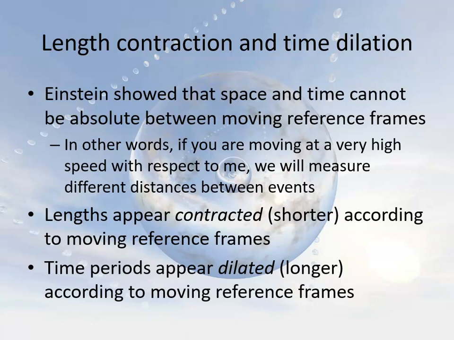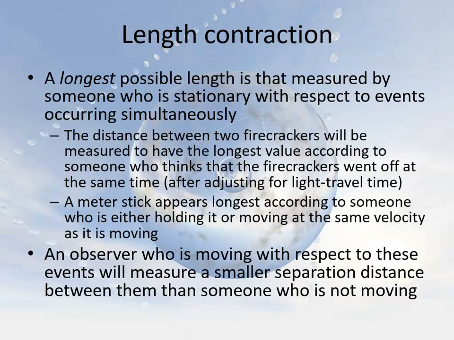But before we get to that paradox, let's look at another paradox in relativity involving length contraction. It's the famous pole in the barn paradox. The longest possible length that anybody can measure is one that is measured in a stationary reference frame. If I want to measure the length of a ruler and I am holding the ruler, that ruler is not moving with respect to me, so it is going to have its longest possible length.